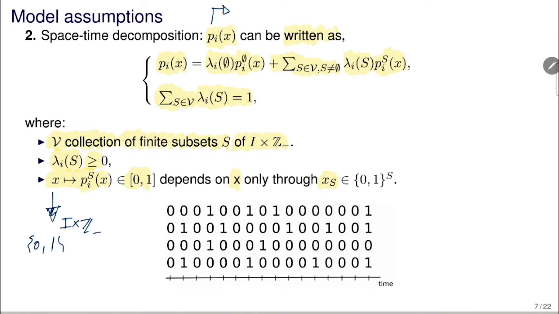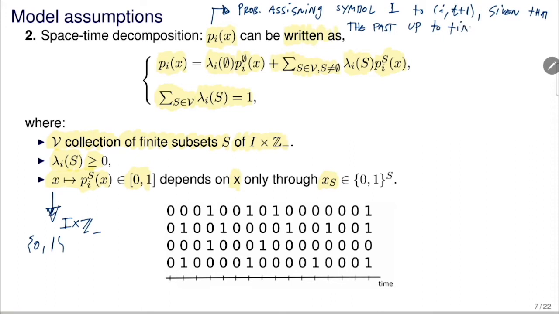So remember that p_i(x) is the probability of assigning a symbol 1 to the site (i, t+1), given that the past up to time t is x. Okay? So one way of interpreting this decomposition is as follows: to decide a value